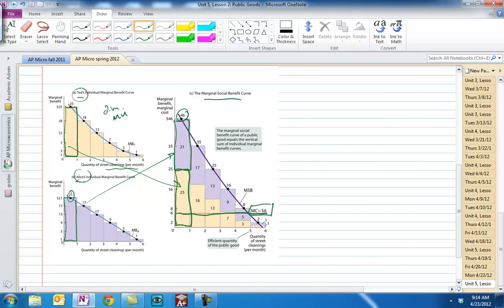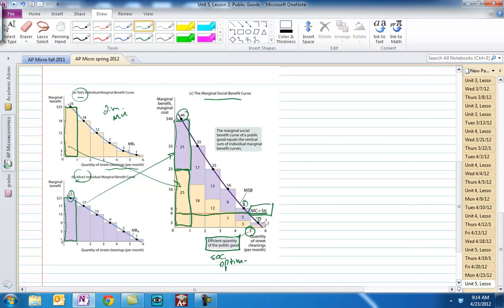And that continues to be the case. We continue adding those up for the second one, the third one, the fourth one. The social benefit, the sum of Ted's and Alice's benefit, is greater than the marginal cost of producing the street cleaning, 6, all the way up to the fifth street cleaning. You would do the fifth because we get $8 of benefit, it costs $6. But we wouldn't do the sixth because we only get $2 of total social benefit out of the sixth street cleaning, where it's going to cost us $6. So 5 is the efficient quantity,